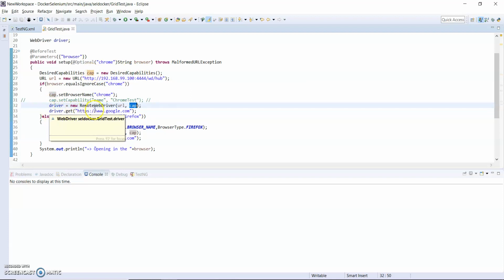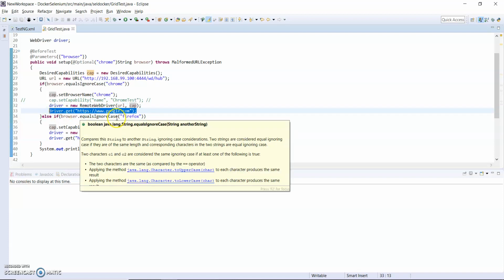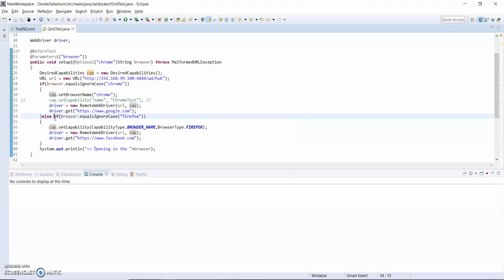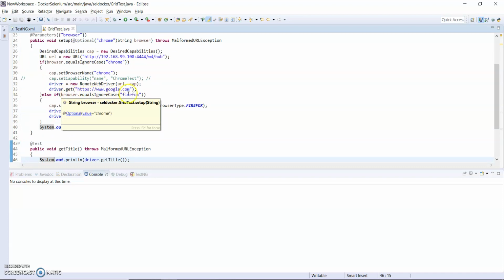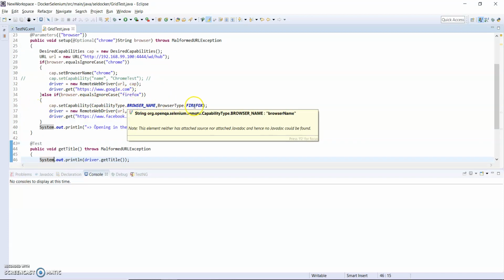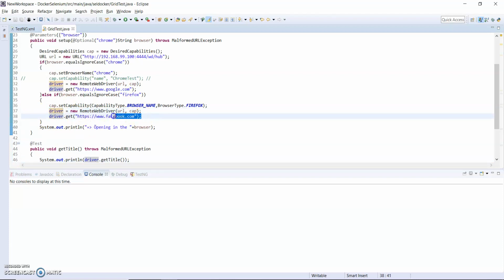Then I call driver.get for Google. Again I take Firefox, and the same code I have used for Firefox. If browser equals Firefox, set capabilities browser name Firefox, and create a new RemoteWebDriver, and here I use Facebook. Why? Because I want to see that Google is launching on Chrome and Facebook is launching on Firefox.